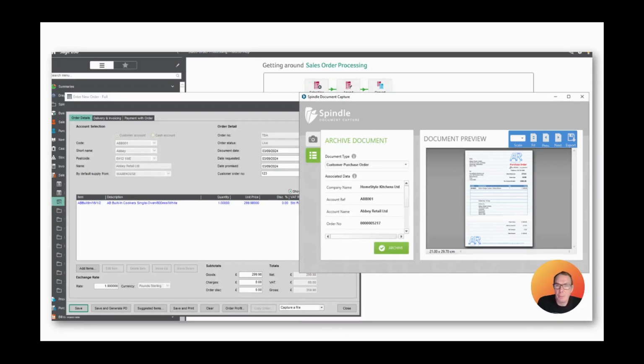So let's have a look about how this works. So again, all featuring within Sage 200, we can get access to some extra controls now using Spindle document management and the capture solution. In this case, it's going to give us an option. So anywhere where we're entering a transaction within Sage, we've now got the option to decide whether we want to